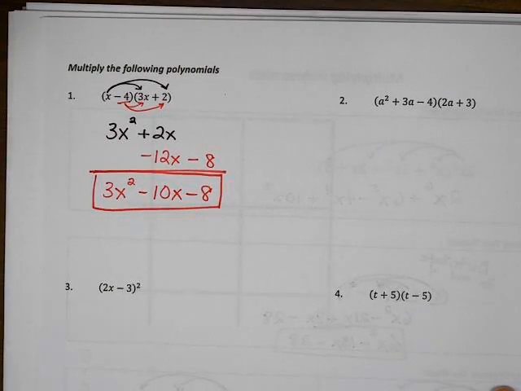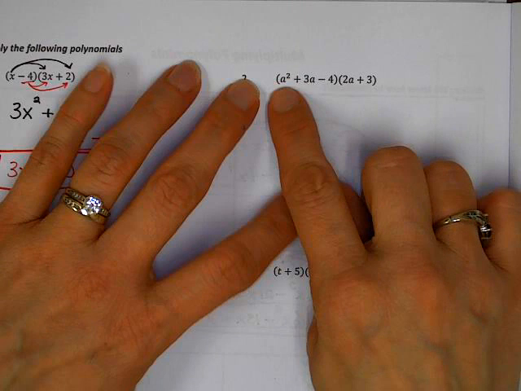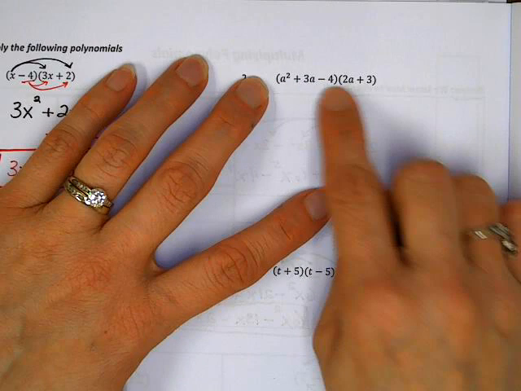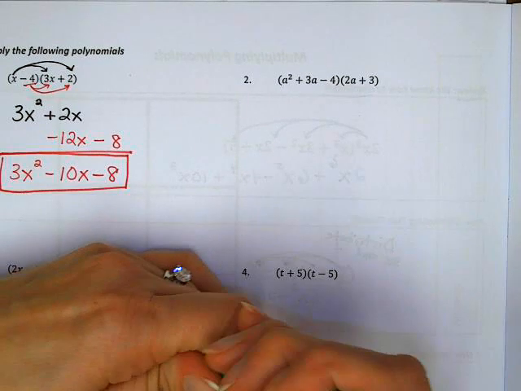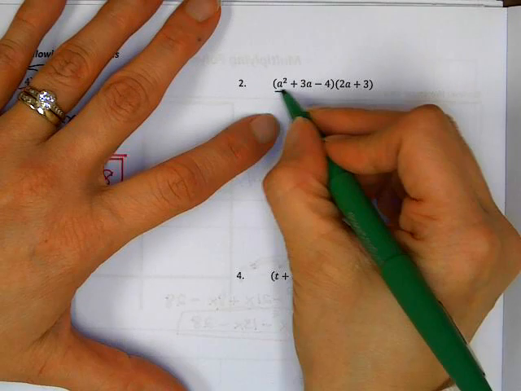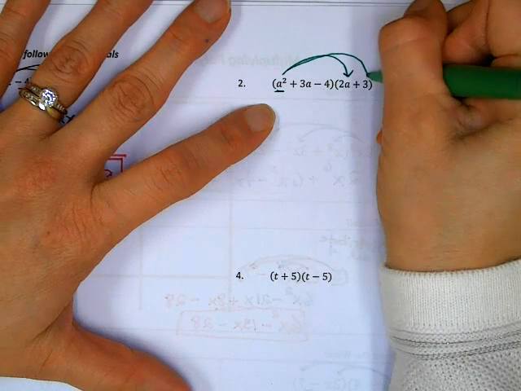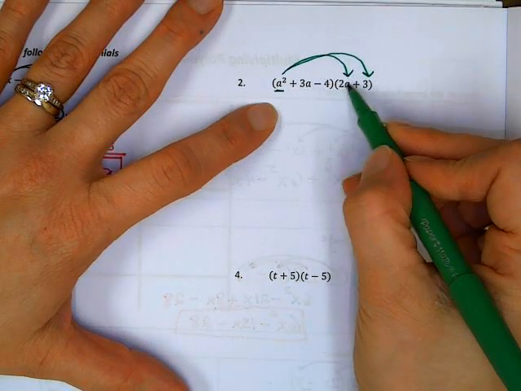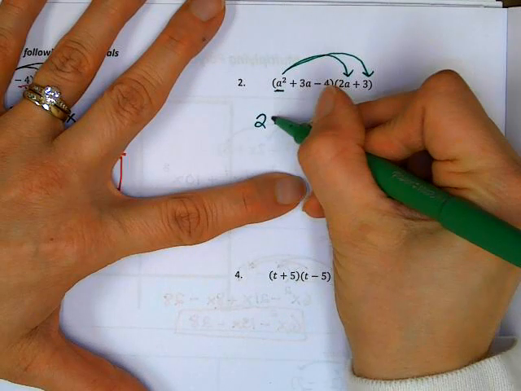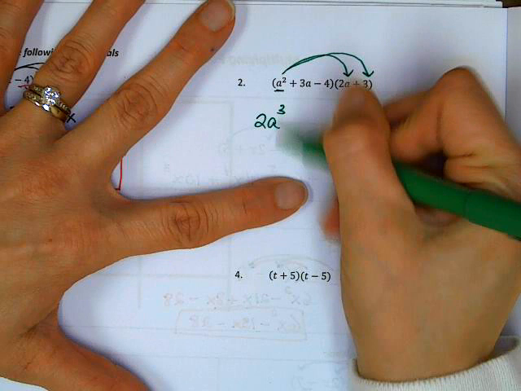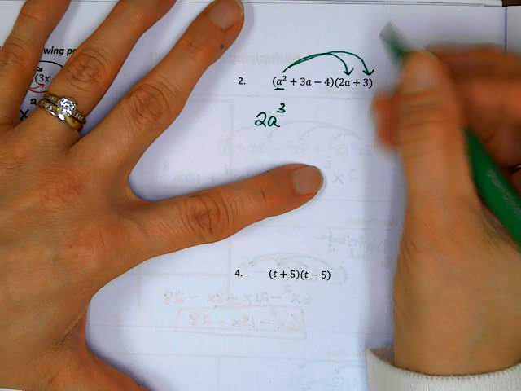Okay, let's take a look at number 2. I need to distribute 3 things into this binomial. The process is the same. We'll do it one at a time. I'm going to take a squared and distribute it to both of these terms. A squared times 2a is 2, and that's going to make a cubed. So we have a cubed column here. A squared times 3 is